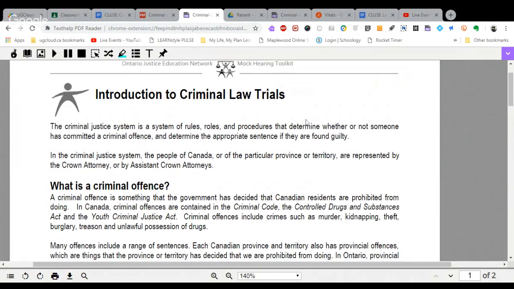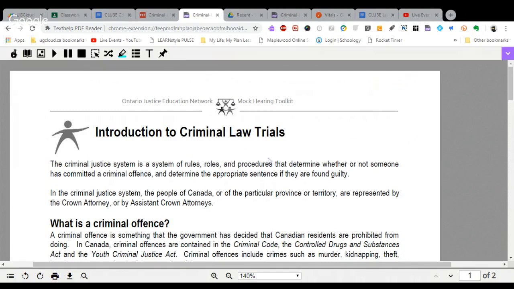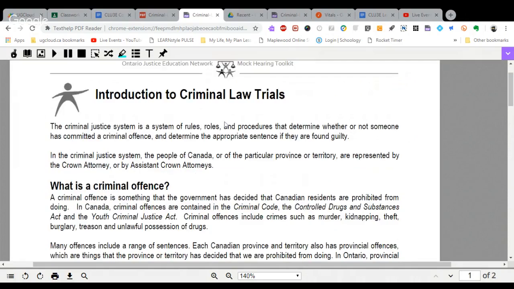If you have this open in Read and Write for Google Chrome, does anybody have this open? Read and Write for Google Chrome? Anybody at all? Okay, no problem. Then I'll just show you how to do highlights. And you can watch this video afterwards once we have everything else sorted out. So the first thing that I'll get you to do today is I'll get you to highlight